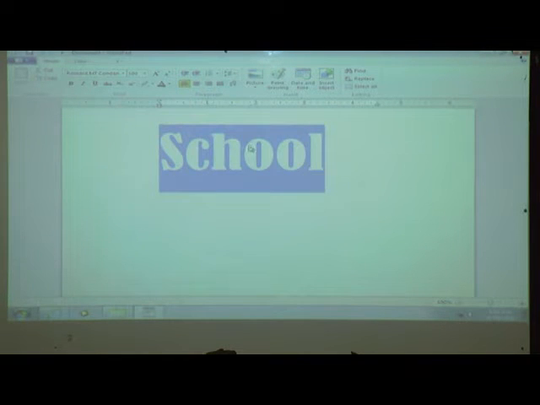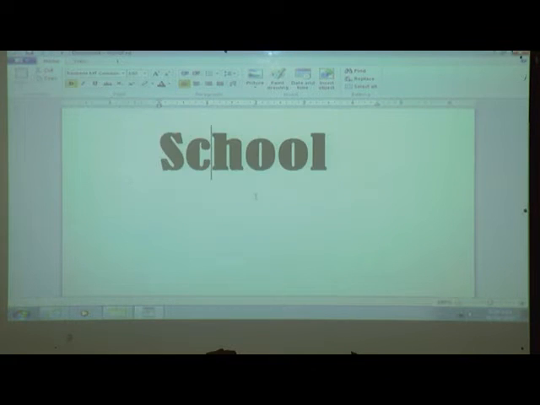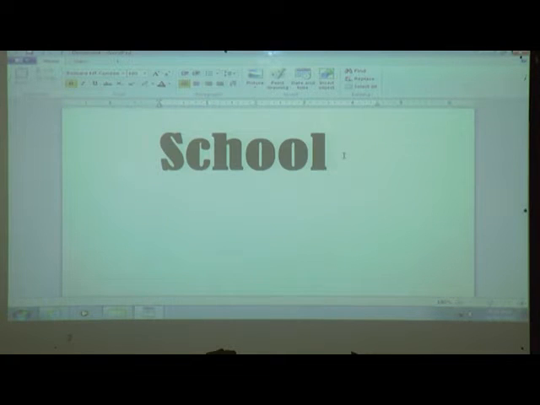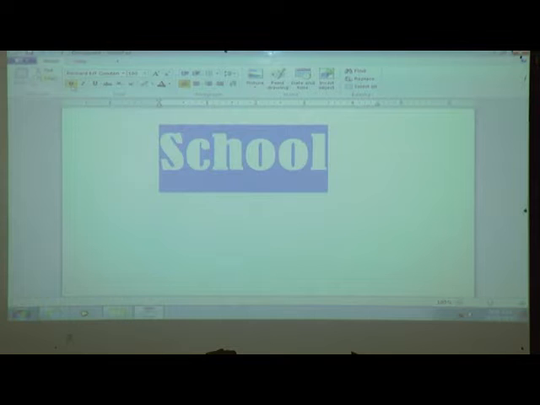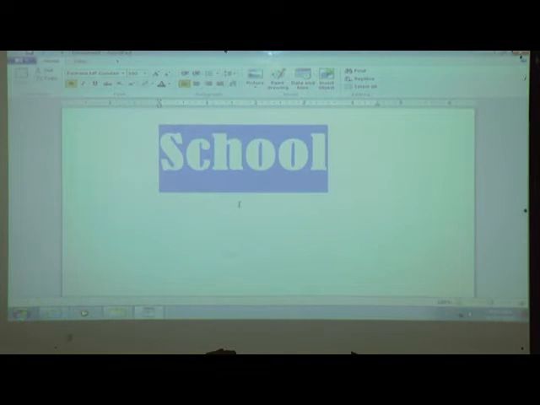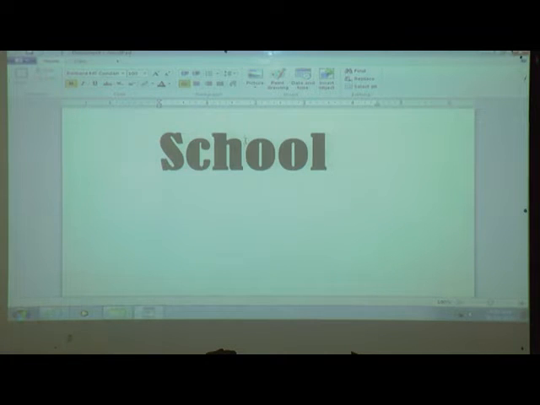Firstly, we must select it, and then we will apply it. If we click here, then you can see what happened. See before it and see after it. What happened? It will become a little bit dark.